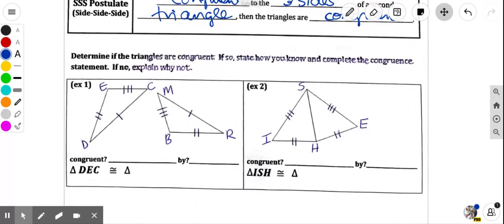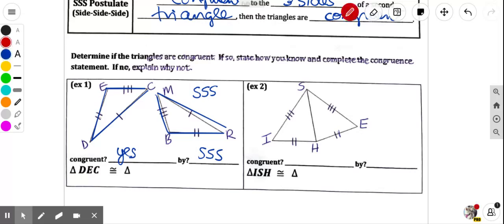So that's side, side, side. And this first example is a perfect example of it. You want to look at what's marked in the figures. See how this side is congruent to this side? That's one pair of sides, so that's one S. Then this side is congruent to this side, so that's 2 S's, another pair of sides. And then this one and this one are congruent. So that's where side, side, side comes in. What is marked? All 3 sides. So are they congruent? Yes, they are. We would say by side, side, side. And then to fill in the congruent statement,